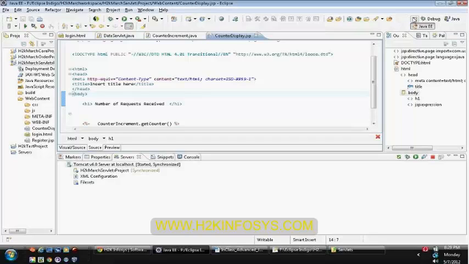Until now we have not used any session maintenance. Your HTTP is a stateless protocol, which means you should externally ask your container to provide a session, specified by using a method called getSession.